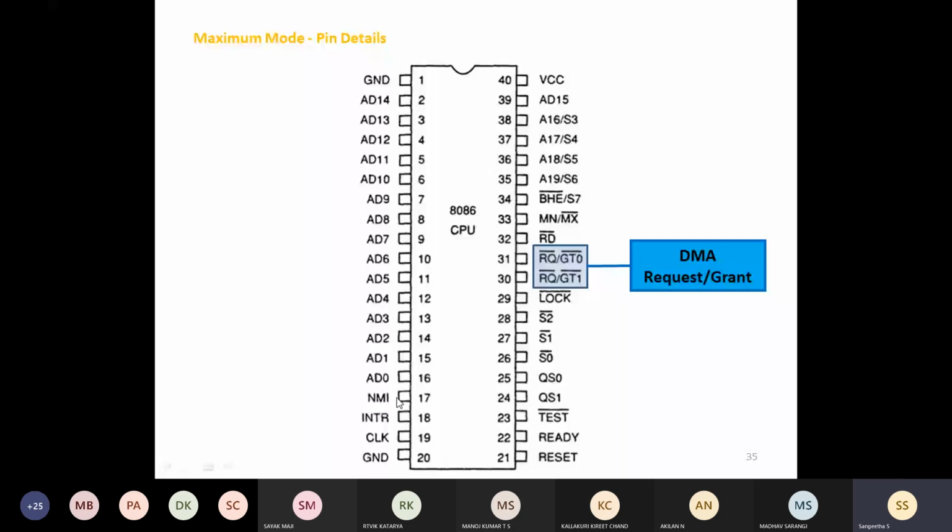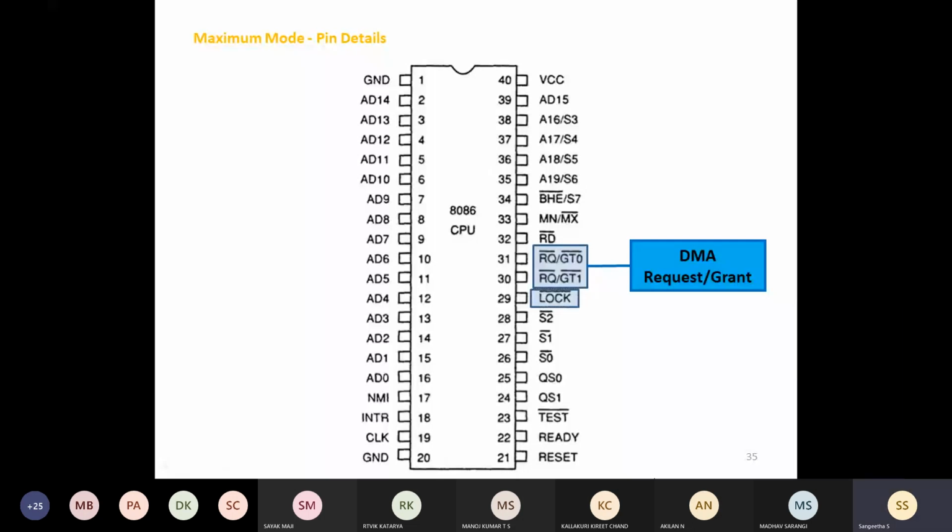Generally bus cycles are nothing but, if I am performing one operation, the sequence of steps carried out: which pin is high or which pin is low. If a read operation is performed, the read signal RD bar should be low. But if I'm performing a write operation, then RD bar should be high. Like that, first you have to know the function of each pin. Then we will see in the bus cycles how it is done. Similarly, LOCK bar is there.